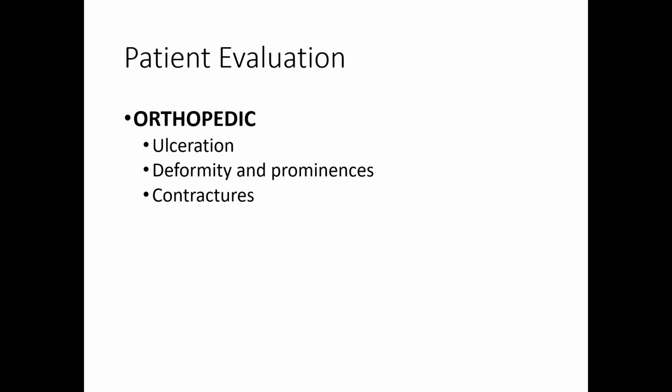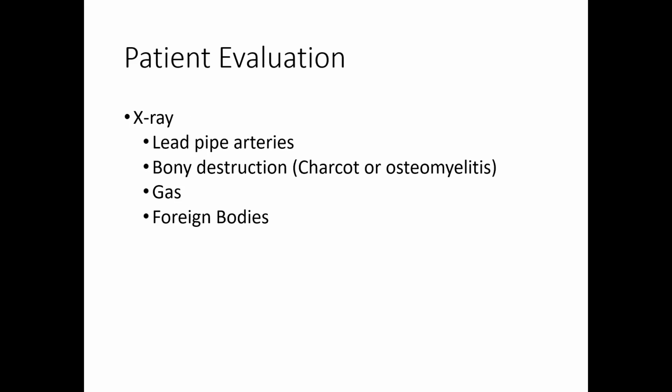So, moving on to orthopedic evaluation. Look for any ulceration, deformity, prominences, and any contractures. These are very important features. You should learn to pick up deformity and prominences and tell the patient that your foot has this problem, because every foot is different. You have to inform the patient that your foot has these prominences, these contractures, the muscle is wasting, and what further adaptation the patient has to make accordingly.